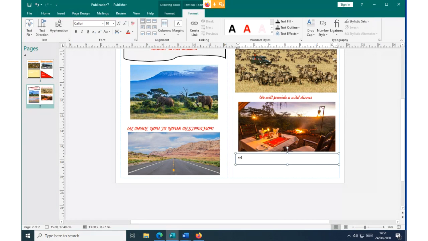Finally, we offer a beautiful place to sleep. Sleeping environment.